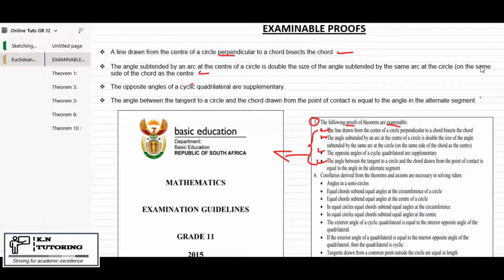Number 3 says the opposite angles of a cyclic quadrilateral are supplementary. And lastly, the one that we're going to look at is a theorem that says the angle between the tangent to a circle and the chord drawn from the point of contact is equal to the angle in the alternate segment. So I'm going through these theorems, actually defining them, but on the next slide we're going to go through each one of them